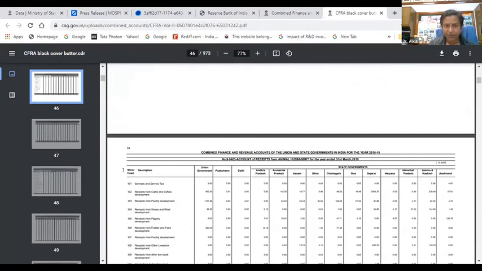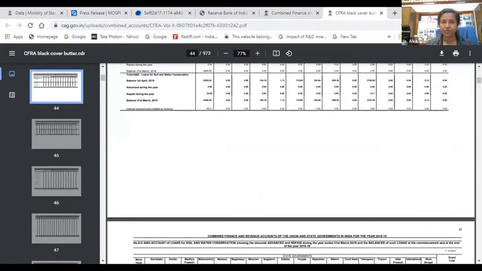Suppose this is the minor head description and union government, that is central government, and then here all the union territories and state-wise, and ultimately it will be a kind of all India figure. So here you will get in one document all state governments and union government together. But in state account you need to segregate it out for each state-wise. But otherwise the figures are the same, and here the figures are basically